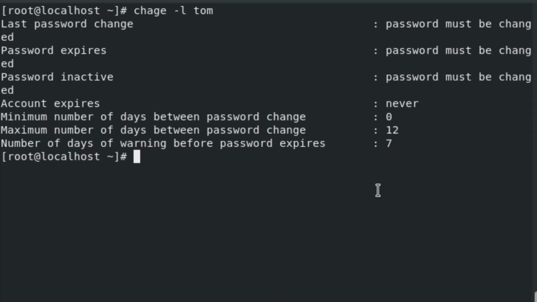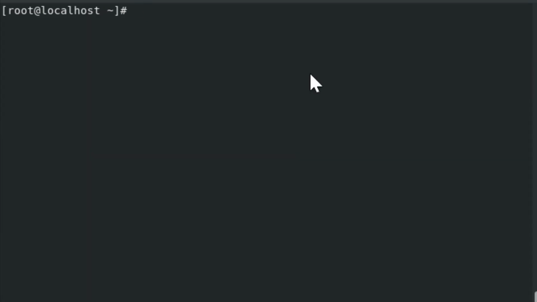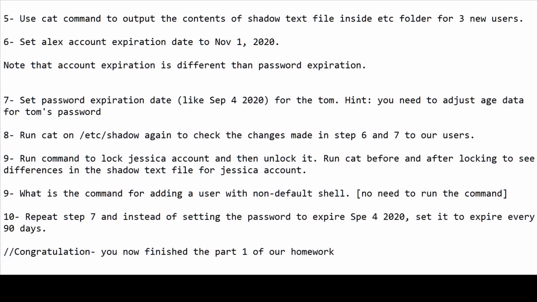Alright? Let's do the same thing, except let's do it for Alex. And there you go. You see that Alex's account is set to expire on November 1st, 2020. So that's a little bit easier, cleaner way to view that info. It's chage -l on the account you want to look at. Let's look at the next part of the homework here,